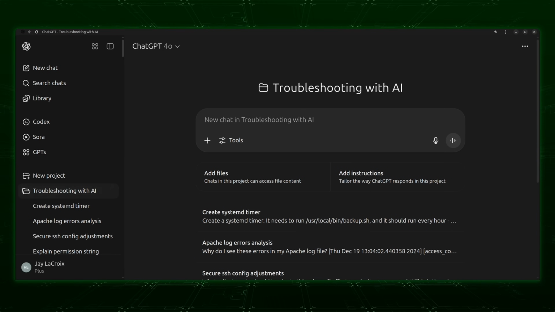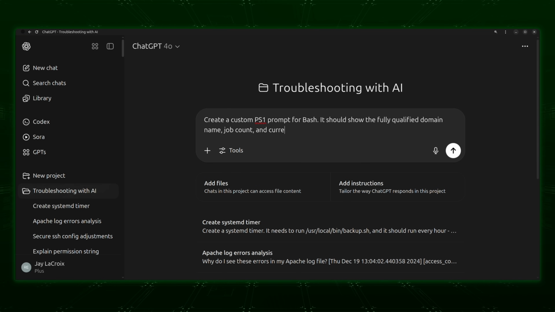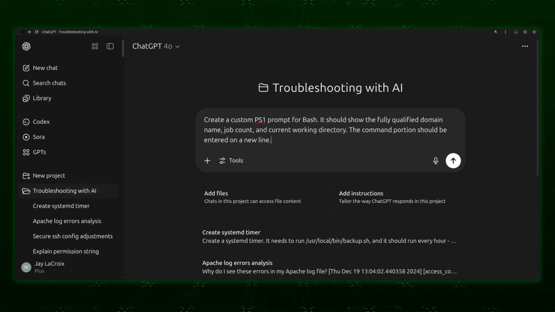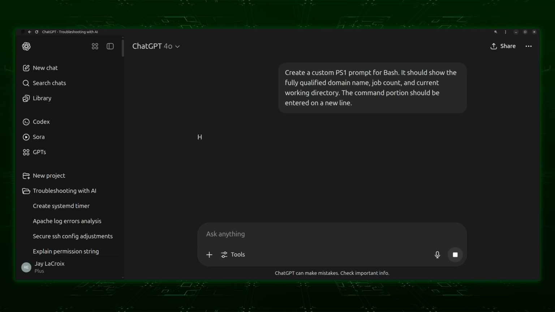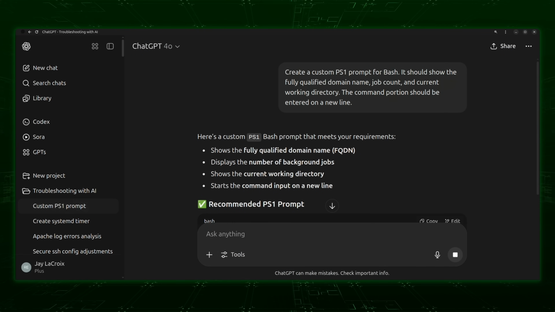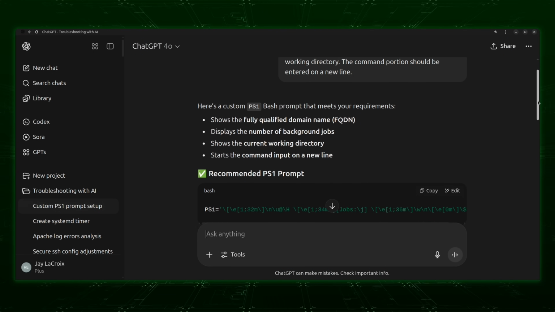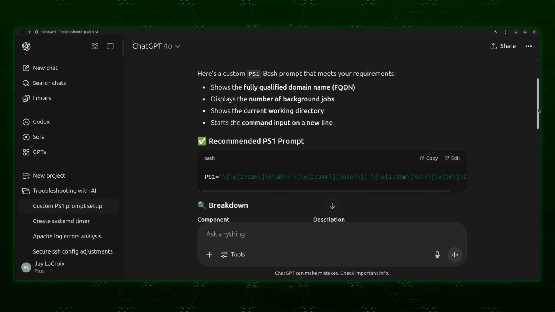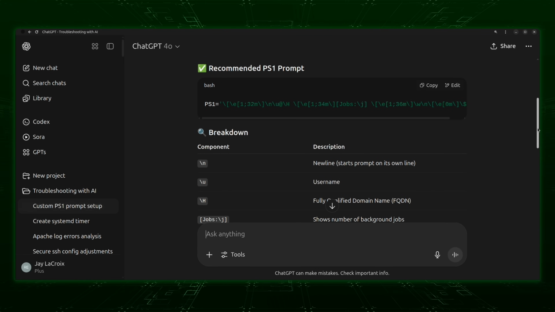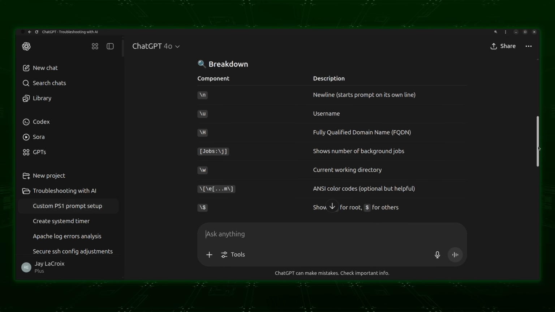But with AI, it becomes incredibly simple to generate a bash prompt. All you have to do is tell your AI service of choice what it is you're looking for and what you want to achieve with it. Perhaps you might tell AI that you want the prompt to be colored green, maybe you want it to include the fully qualified domain name, perhaps a job count, and maybe you even want a new line similar to mine. Basically, you just explain the criteria to your AI service of choice, and then you have it generate a bash prompt for you. And you could test this very easily as well by simply copying and pasting the config right into your terminal prompt, and you should see the changes immediately.